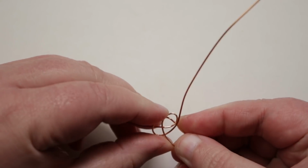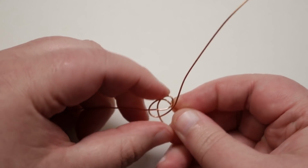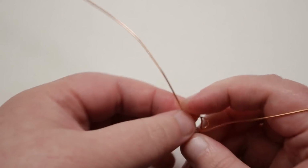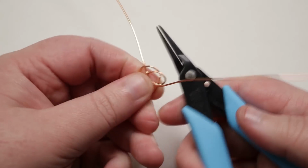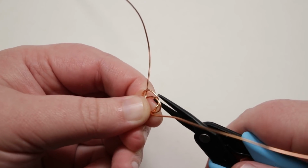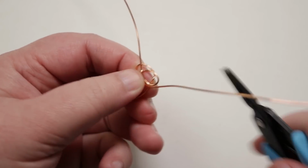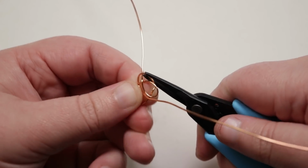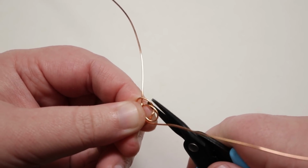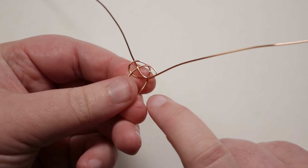And obviously we do want this to be ideally a similar size or same size as possible as the other one. Now what you can also do is you can use your pliers throughout to help maneuver your wire. Now be careful, because obviously you want these to be loops and to have curves, so you don't want to grab onto anything too tight and flatten it out, but you can help grab onto your wire and maneuver it along the way, because it can be much easier to get into the little spaces rather than